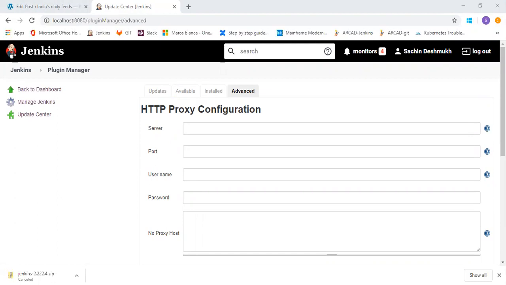There are other configuration options such as system information, where you can see the list of all current Java system properties and system environment variables. Here you can check what version of Java is currently running, what user it is running under, and so forth.